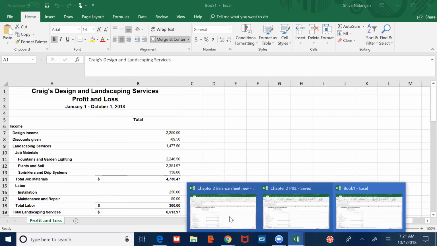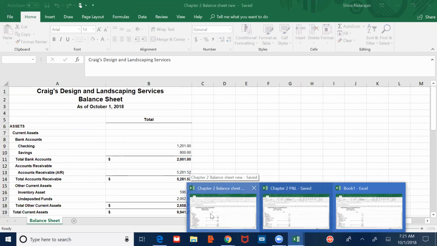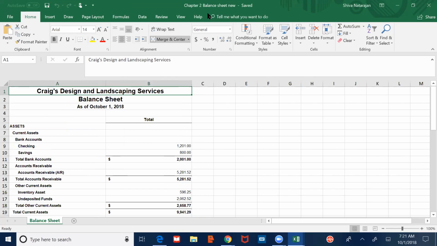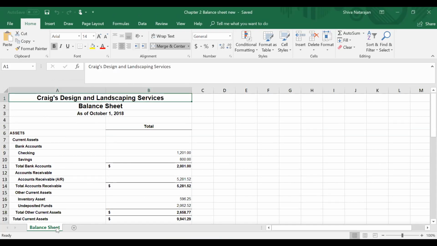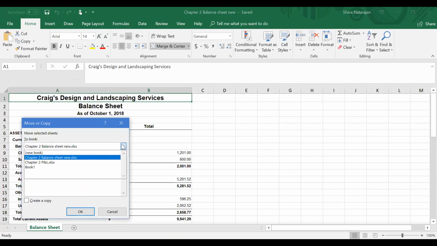I'm going to open my balance sheet here. I'm going to do the same thing. Click here, say move or copy, and then book 1 is the new book that we created when we moved the P&L.